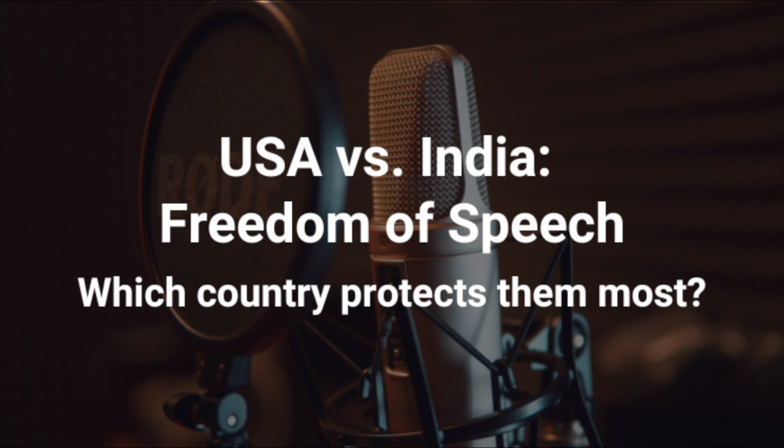Their foundational principle, enshrined in the First Amendment back in 1791, states quite directly, "Congress shall make no law abridging the freedom of speech or of the press." On the surface, that seems like a pretty absolute guarantee. It does read that way, and that's certainly the starting point for understanding American free speech doctrine. However, the Supreme Court has played a crucial role in interpreting and refining the scope of this right over time. It hasn't always been seen as entirely without limits.